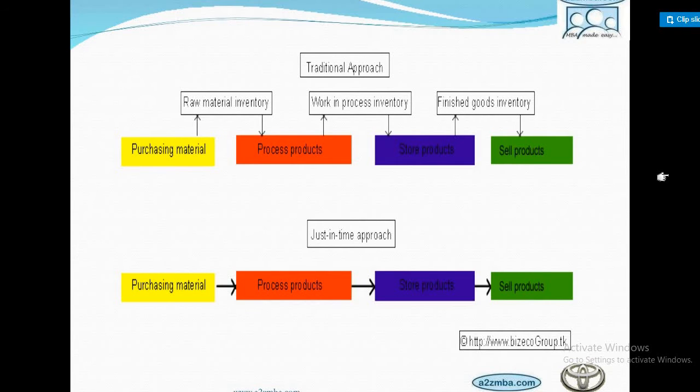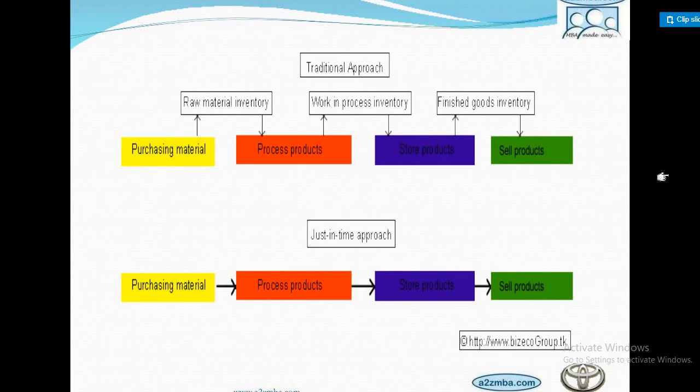Okay, so what is just in time approach? In the traditional approach, we are purchasing material, then storing it as a raw material inventory, then giving it to the process department, then the process department stores it as a work in process inventory, then we give it to the store department, which stores it as a finished good inventory, and after the finished good inventory we give it directly to sell products. But in just in time approach, we are not